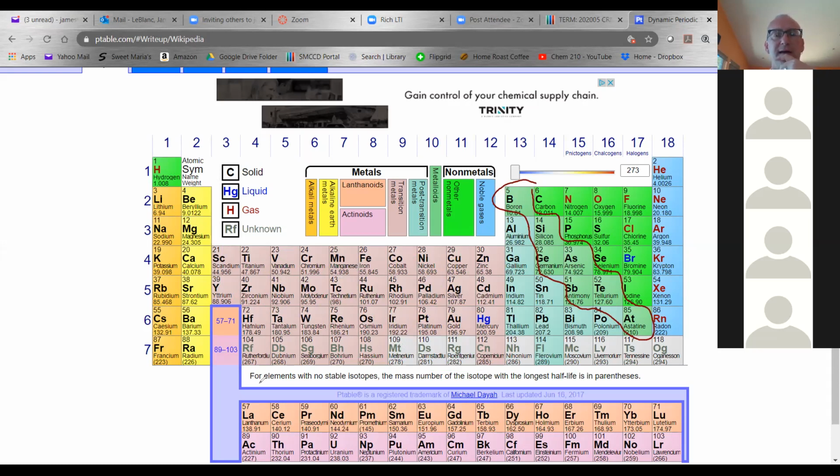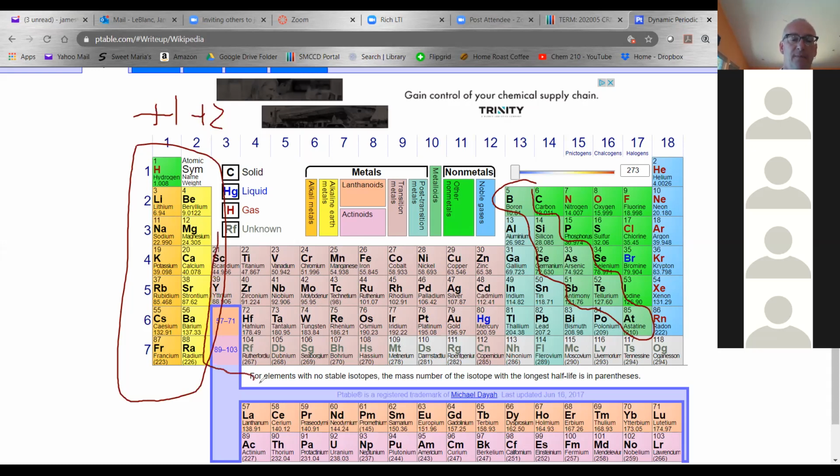So transition metals do have something different about them and these metals here. I'll give you a hint. These metals in the first group, when they get charged, always have a charge of +1. Those are the alkali metals, and they always are +1. Second group, we call those the alkaline earth metals, and they always have a charge of +2 when they become ions. Now these metals in the middle, not quite all of them, but the vast majority of the transition metals aren't always +1 or +2. What do you think they can do?